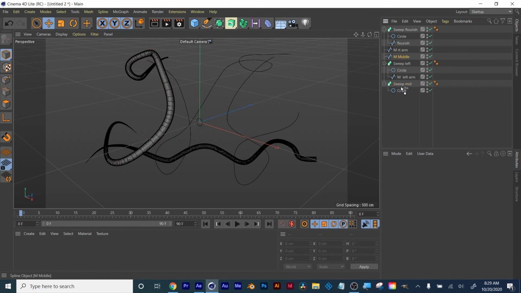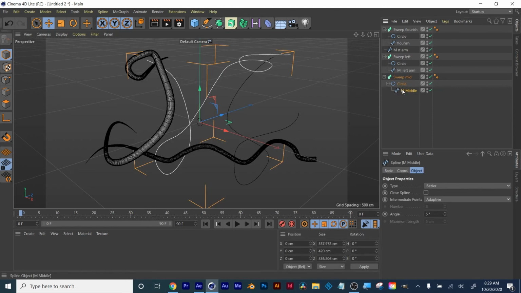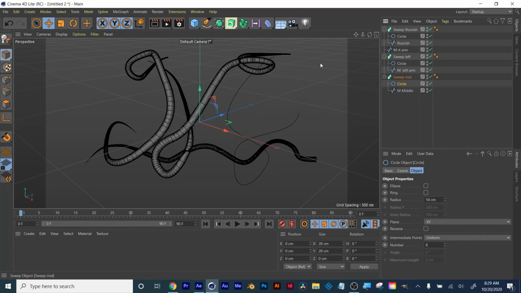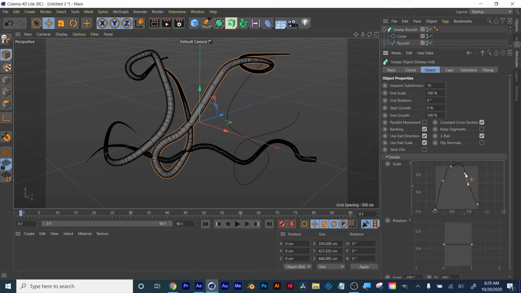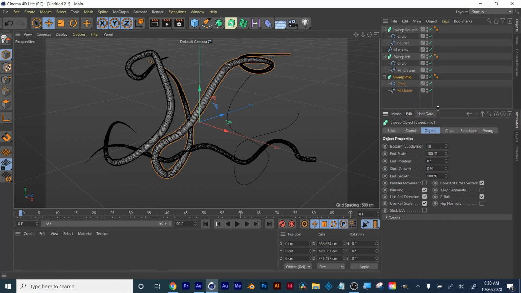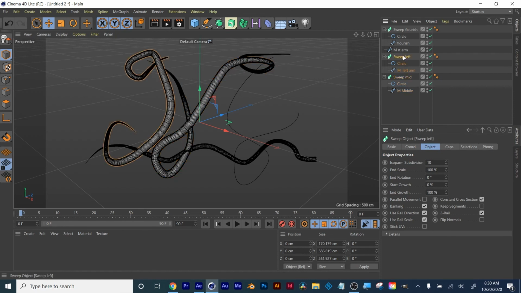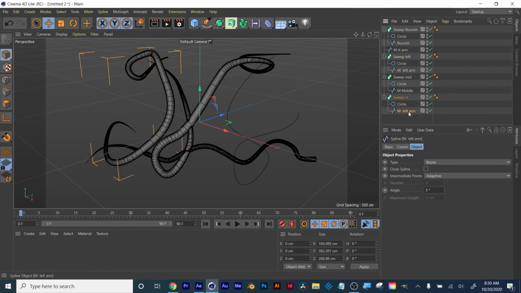And just watch your parenting. Like if I have it here, it's going to go above the circle. If I do it there, the circle is now above it. And I can adjust my thick and thin for it by going to my Nurb and then opening up the details. Like such. I'm just doing this quick so you can get an idea of adjusting the thick and thin over time. And then lastly, I'm going to get my left again, hold down Command or Control, drag to create a new one, and I'll call this right. Delete the spline inside it,